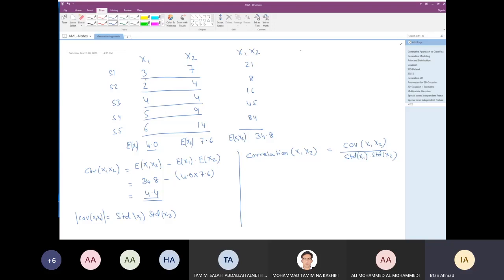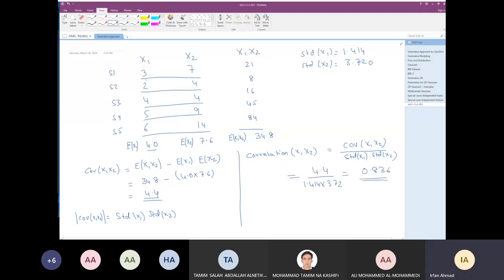So standard deviation of x1 is approximately 1.414, right? Similarly, standard deviation of x2, you can do this calculation yourself, is nothing but 3.720. So if you put this in the equation, covariance was 4.4 divided by 1.414 times 3.72. What you get is